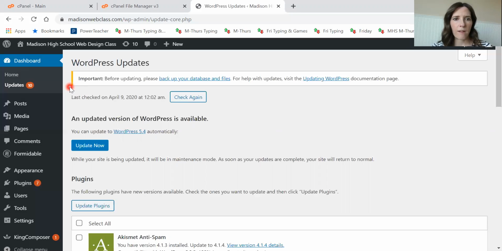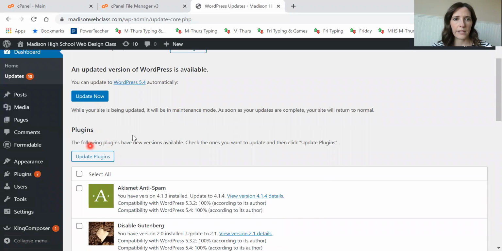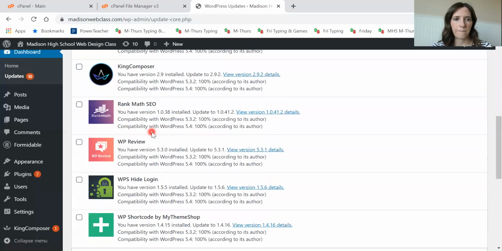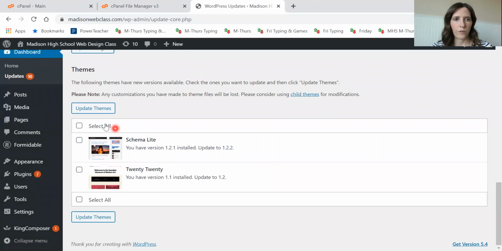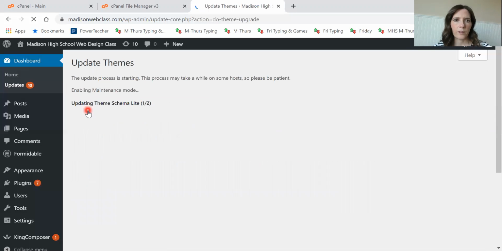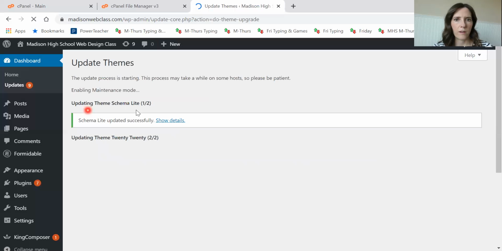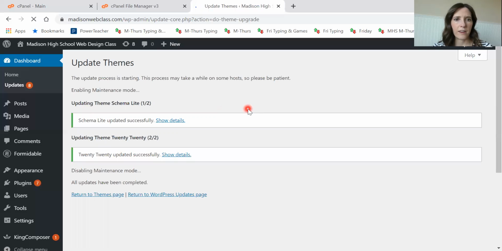So here you have the option to update the WordPress version. We also have plugins that need to be updated, and then themes. So for any of those, you can click the select all and then update. I'll just show you what this one looks like first. Usually we'll go back, or blank, sorry, and then update each one,